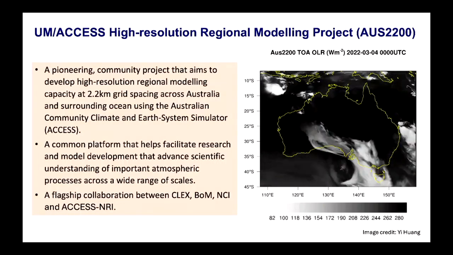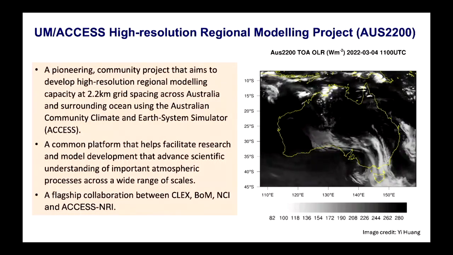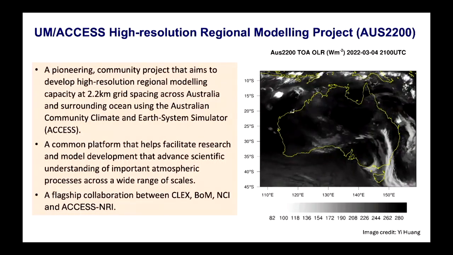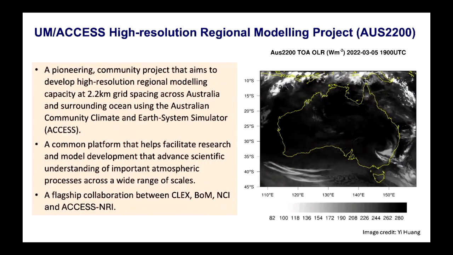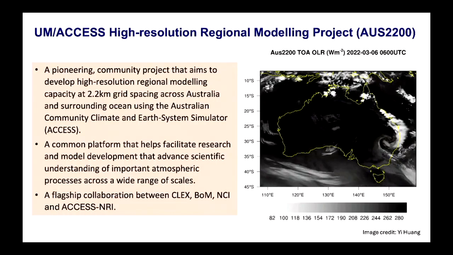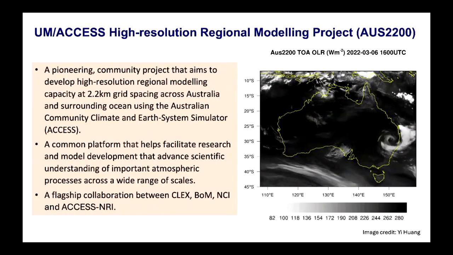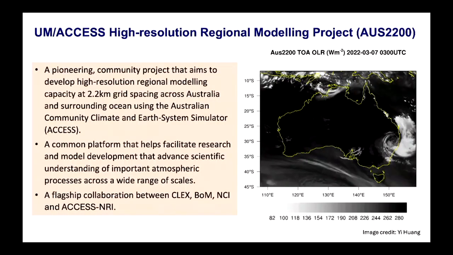So this platform is actually intended for our researchers and model developers to use to better understand the atmospheric processes underpinning our weather development across a wide range of scales, of course.